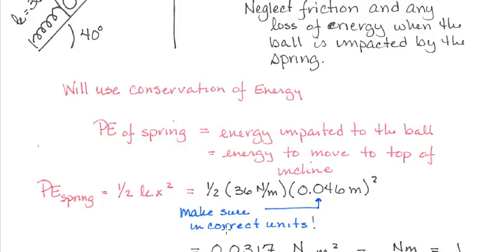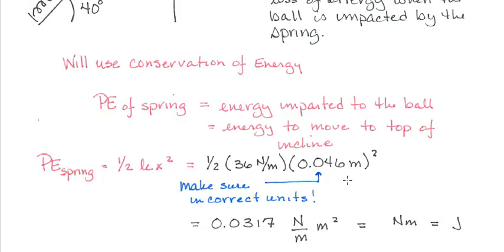So let's look at our potential energy of the spring, which is 1/2 the spring constant times its deflection squared. And one of the things we have to do is make sure we're in the correct units. Otherwise, things go to heck in a handbasket really quickly. So we can go in and calculate that all the way together, and we're going to end up with